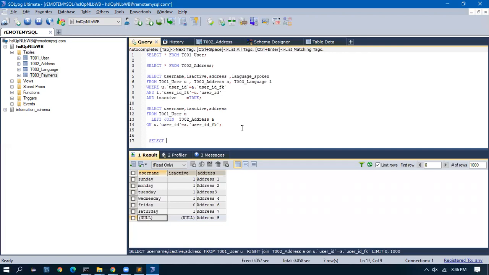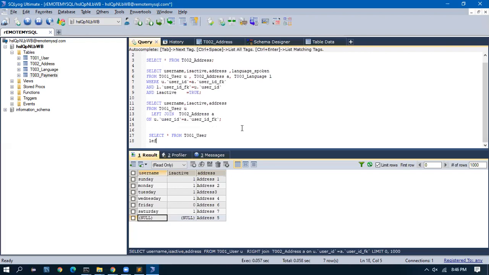So I will do select star from T001 user, left join. I'll keep this user table as static and T004. Okay, by mistake I created the same name. T003 payments.